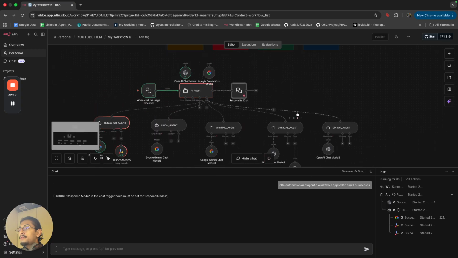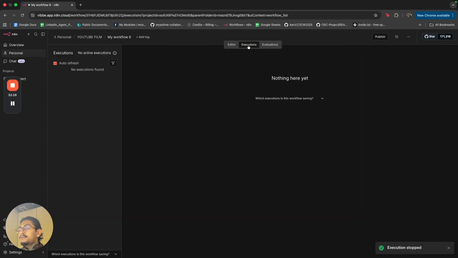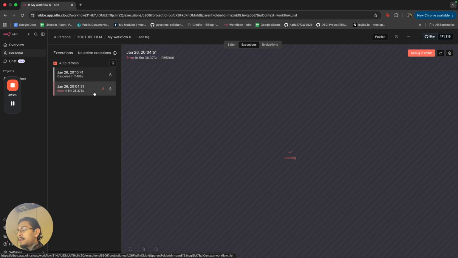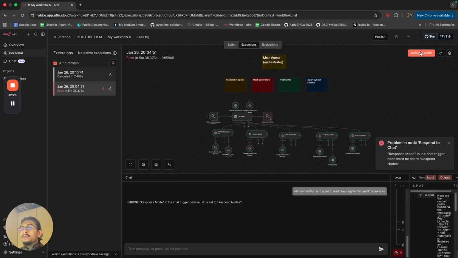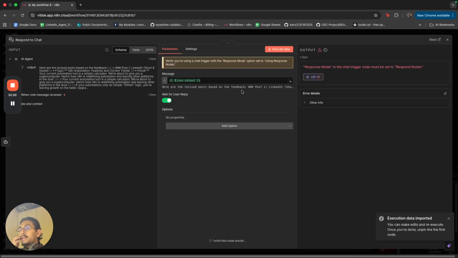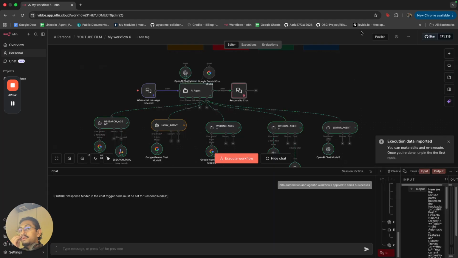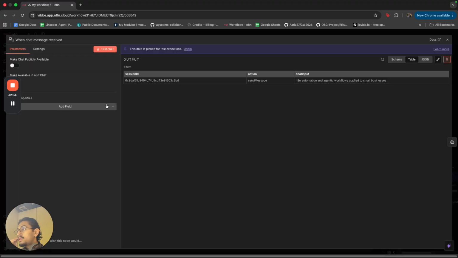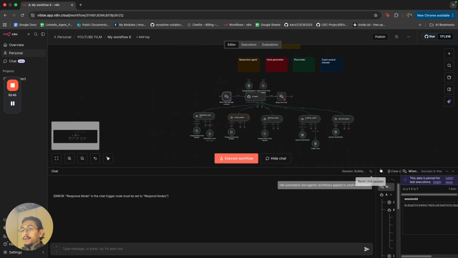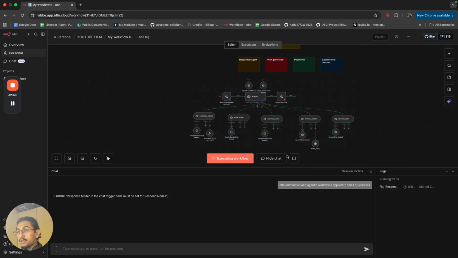Yeah, no, hold on a second. Let's just run it back. To this one, there was no issue. The only issue was this thing. Response mode in the chat trigger must be set to respond nodes. Add field response mode using respond nodes. Perfect. So if I just grab this all, pin that, and execute this last one,